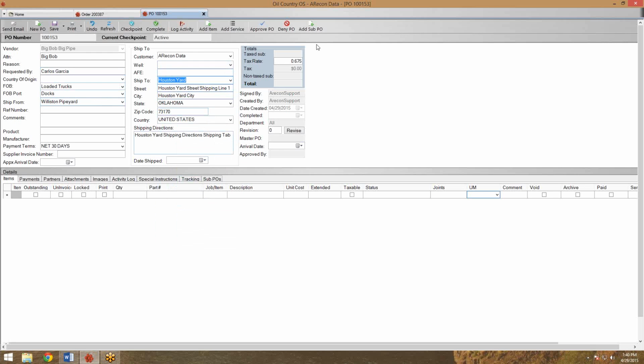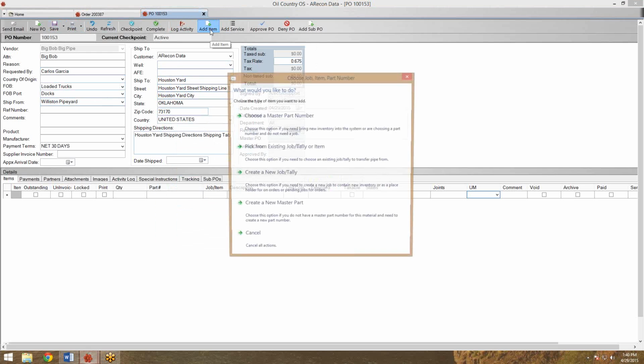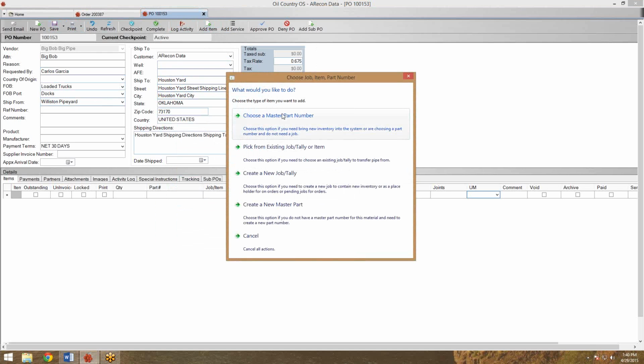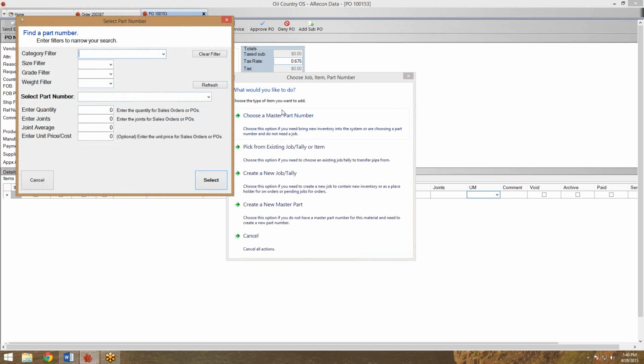Now, we need to go ahead and add that item, right? We need to get that inventory into our system. So first off, I'm going to save this. And then I'm going to add an item. Again, we're going to start with the master part number since this is not yet inventory necessarily. We're going to select tubing, and there's that 2 3/8 J55. And we're going to put in the same information that we did on the sales order. It's 10,000 feet,